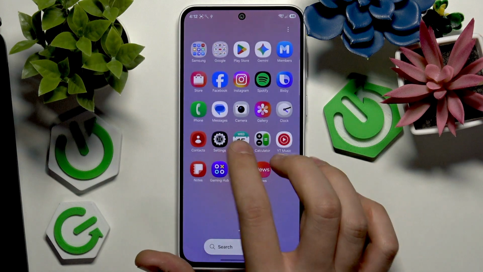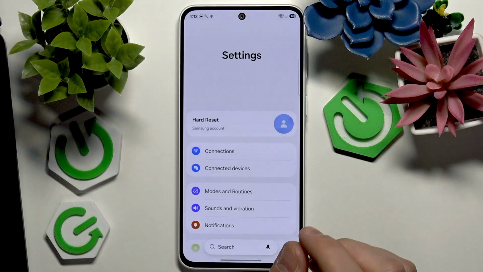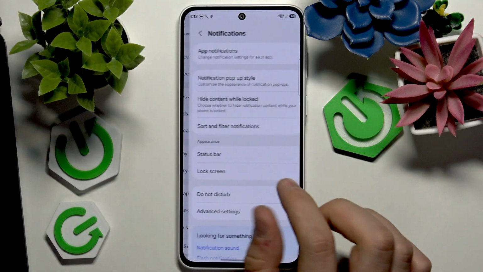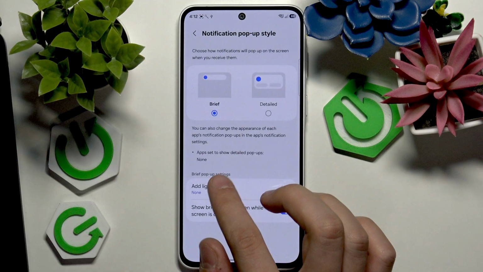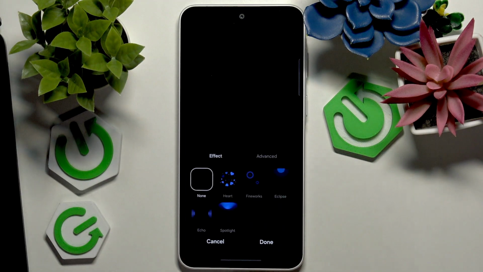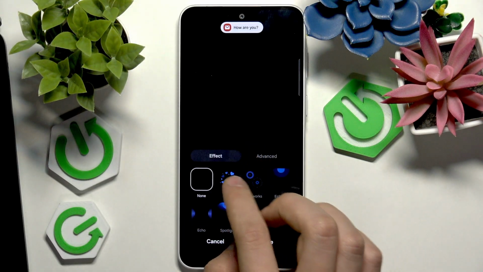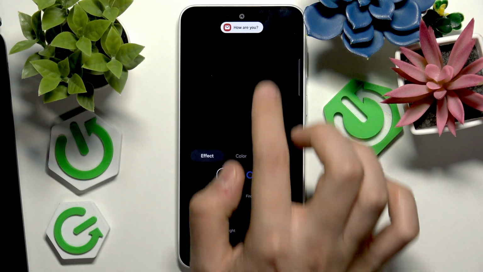So at first, open the settings. Scroll down to notifications and tap notification pop-up style. Tap add lighting effect and as you can see here, they have effect: none, hard,